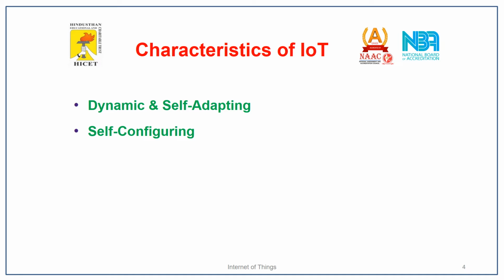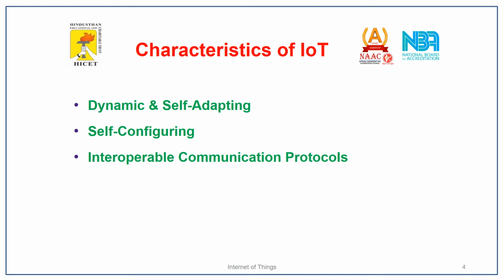The second one is self-configuring. So an IoT device might have the self-configuring capability, allowing a large number of devices to work together to provide certain functionalities. So these devices also have the ability to configure themselves based on the input. Like when coming to the smart city, the cameras are automatically enabled and the smart lights will be automatically enabled based on the light density. If the light density is more, it will automatically disable, and if the light density is low, it will automatically enable.